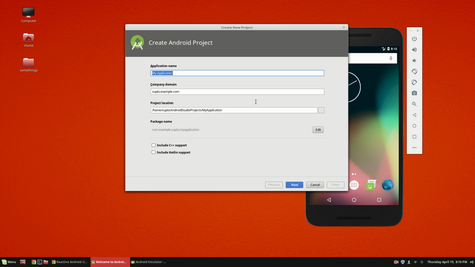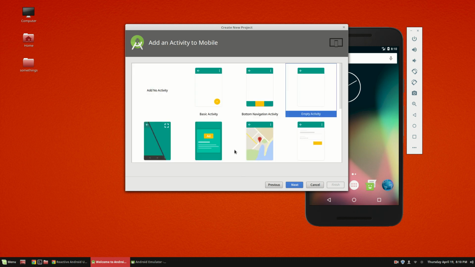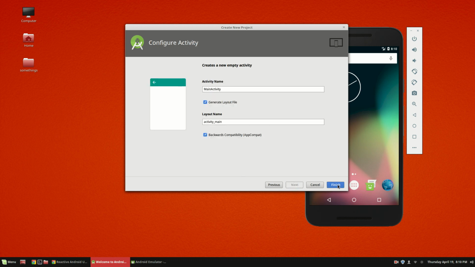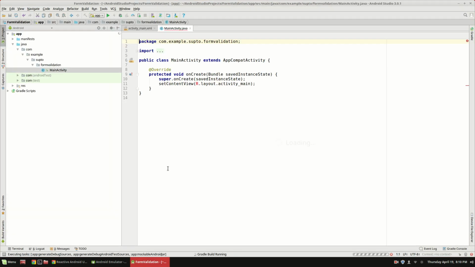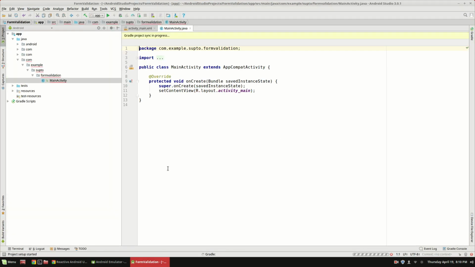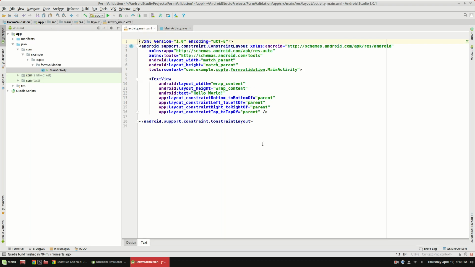So let me create a project. I will say form validation. It's okay. Form validation. Next, it's okay. 15. Empty. Okay. Finish. So what we will do first is build a very simple form very quickly, and